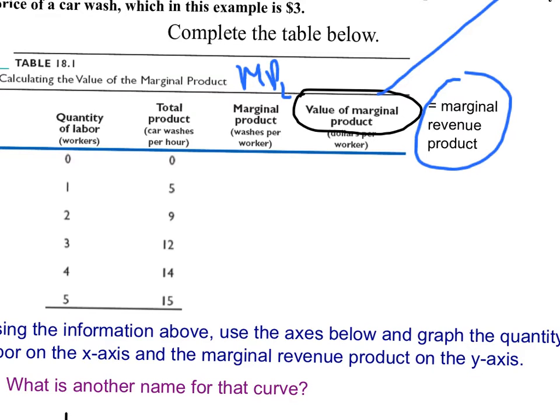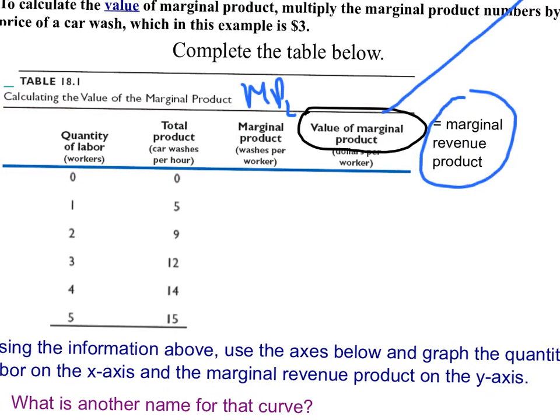So if I hire one more worker, I can produce 5 more goods. So it's 5 divided by 1, which is going to be 5. And we can plot this at the midpoint as discussed before, or at 1. The book usually graphically puts it at 0.5. So either that 0.5 worker goes to 5, or you could say that the first worker, when you hire them, is 5. It probably makes more sense to put it at 1, but I'm going to be consistent and use the